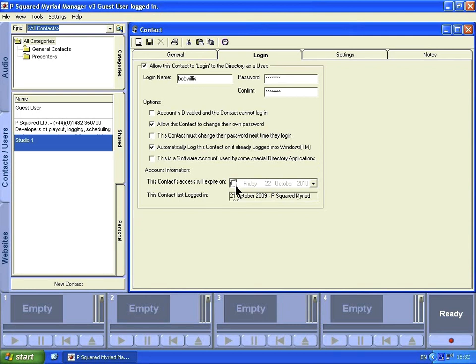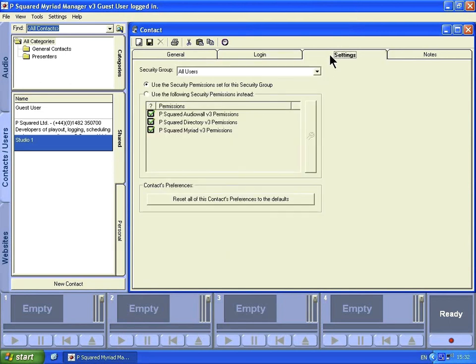Here we can set an expiry date, and also when they last logged in is detailed here. In the settings, the security group, remember we had just that all users. If we created other ones, then we could select here, and so that will use the security permissions set for that security group. If however we wanted to slightly change Bob's permissions, then we can click on here, and again